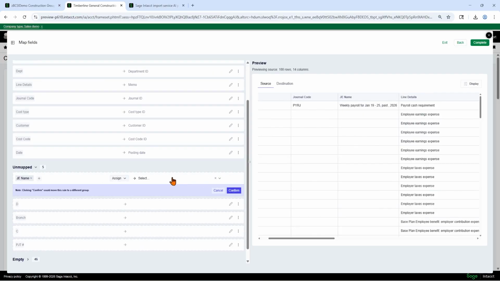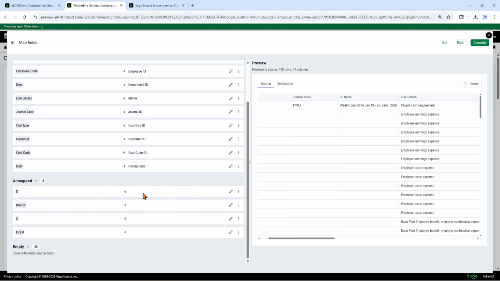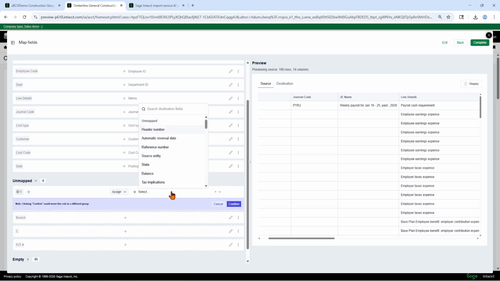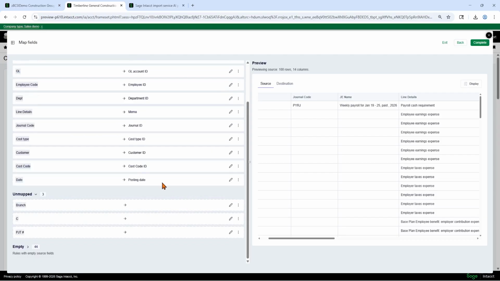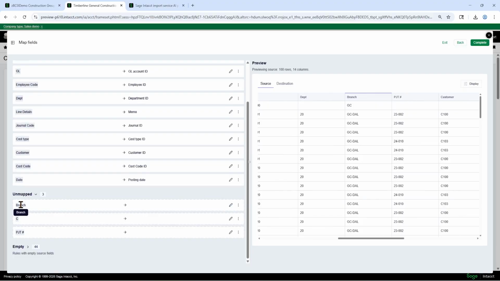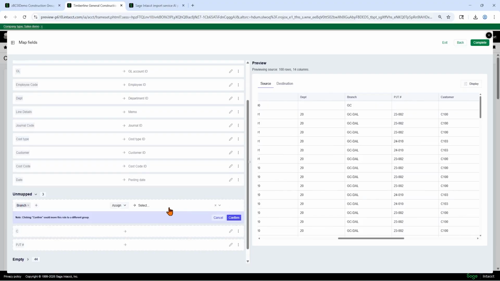So let's edit this one. This JE name is the header description here. I'll hit confirm. D is, and we can type in here, debit. Confirm. My branch, and let's hover over this. Yeah, this is my location ID.